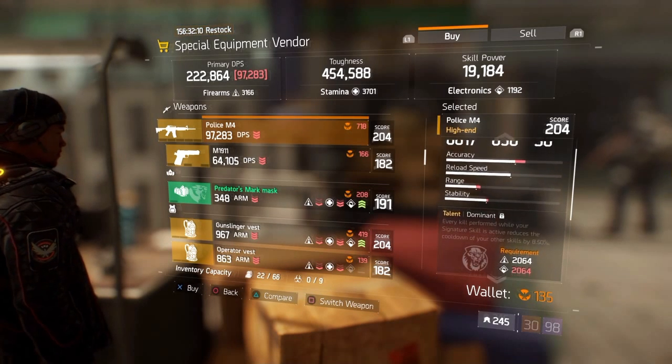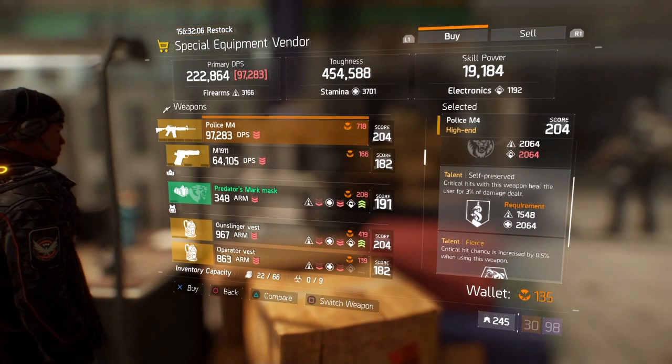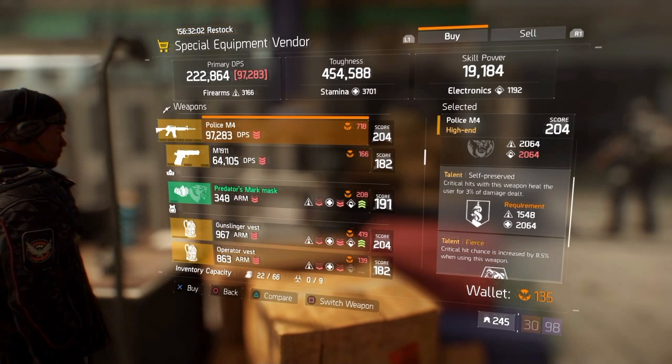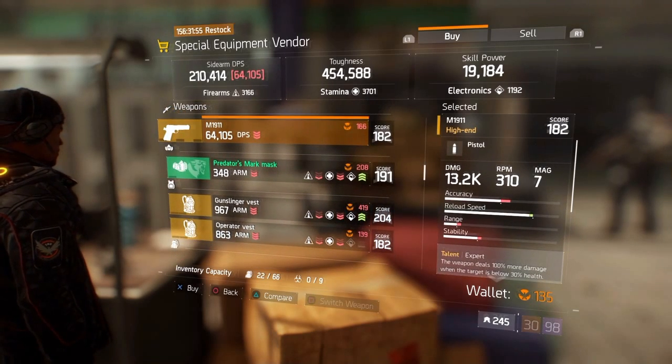I don't think that you would need it, and I think that this would work well if you were running an Alpha Bridge set with the assault rifle. So I would definitely, if you are in that case, consider this weapon and maybe look to purchase it. Next, now we've got the